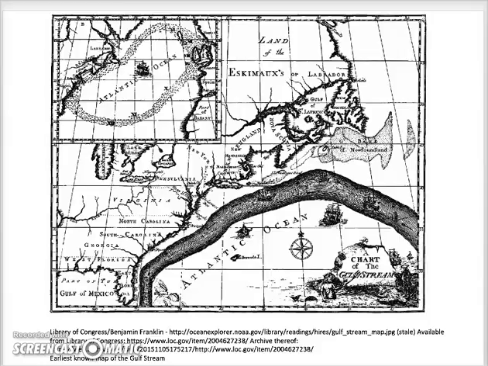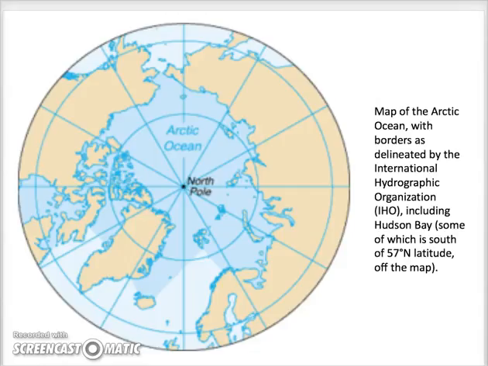Last video we introduced the Gulf Stream and talked about its history briefly, and we're going to move to the Arctic Ocean. The Arctic Ocean is a unique water body that covers a little over 40 million square kilometers. It's almost surrounded by land masses, North America, Greenland, and Eurasia, and